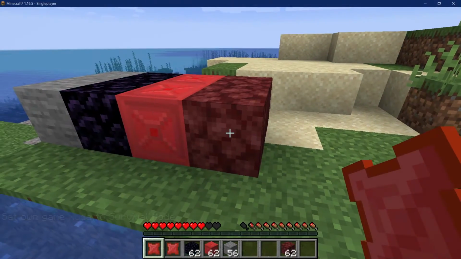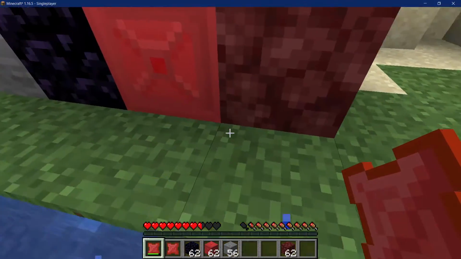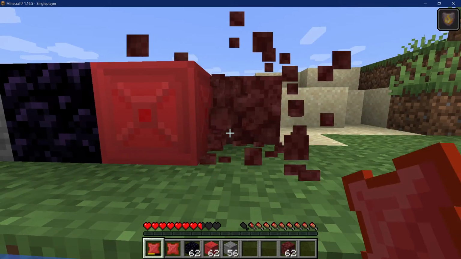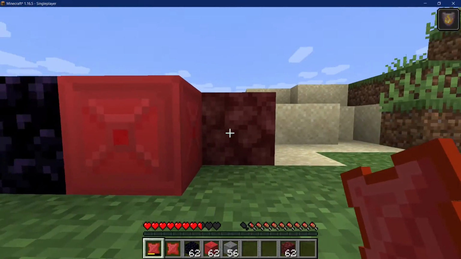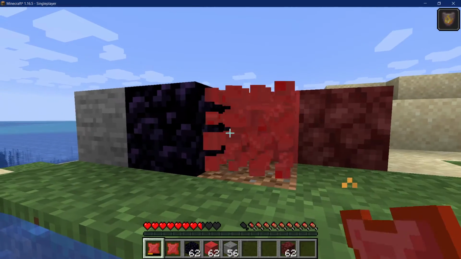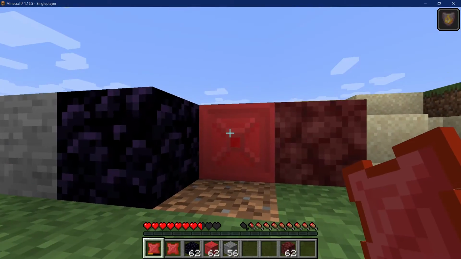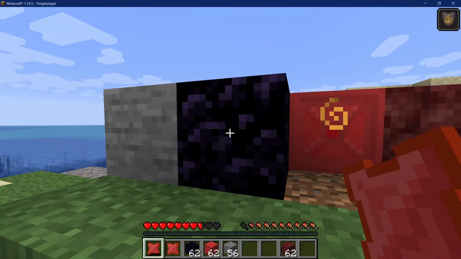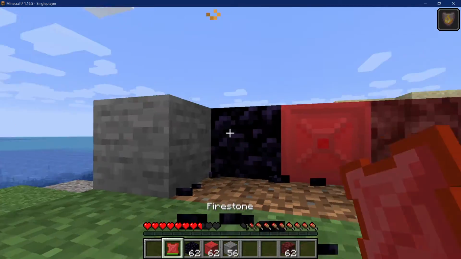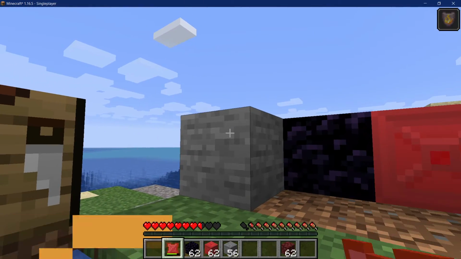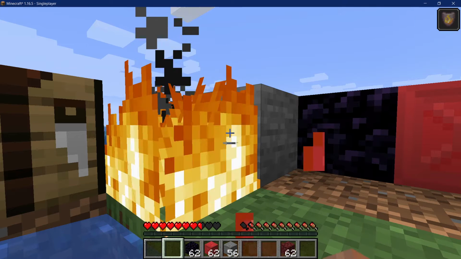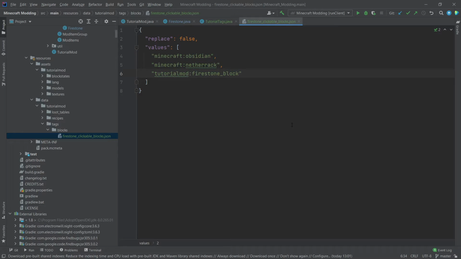All right, we find ourselves in Minecraft, and let's just right click a few times to see whether or not we are gaining fire resistance. And as you can see, I've gained fire resistance from the netherrack, and there you go, from the firestone block as well. And then here, just trying this with the obsidian, and there we go, it worked as well. And if I keep right clicking on the stone, as you can see, it does nothing. As you can see, this has worked perfectly,